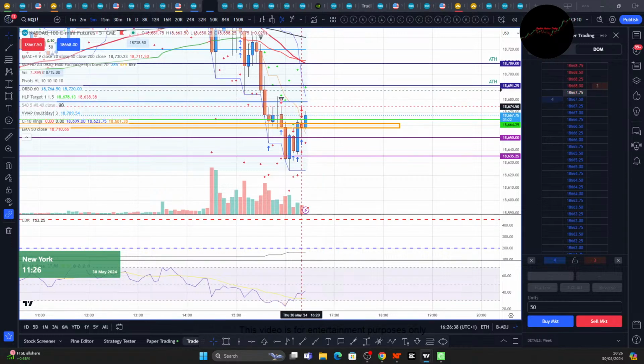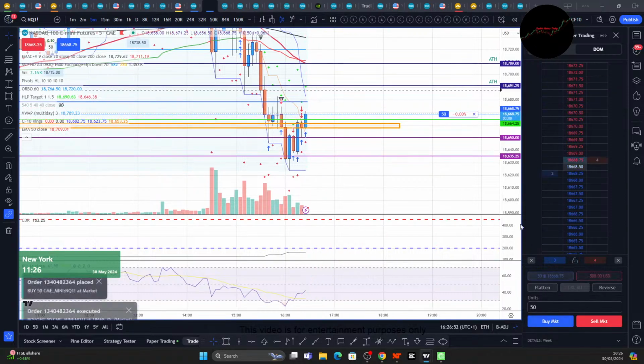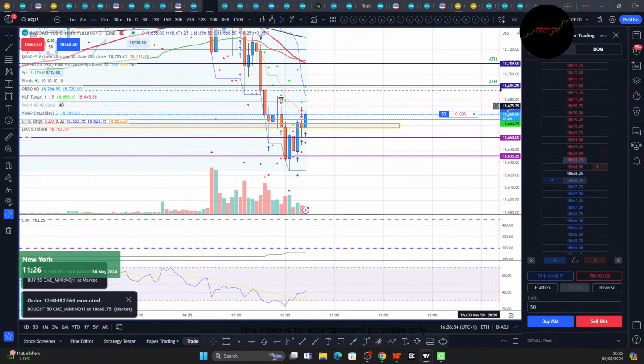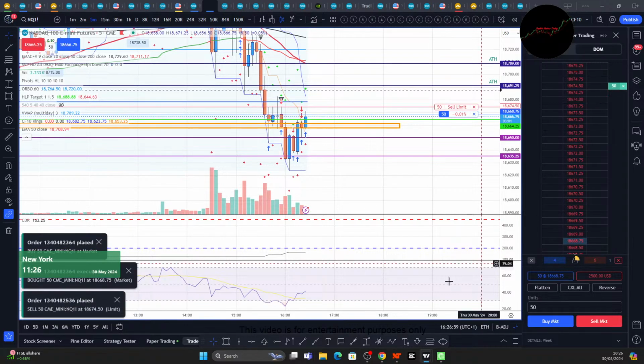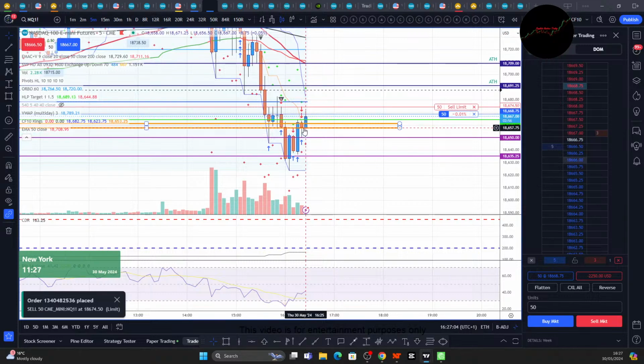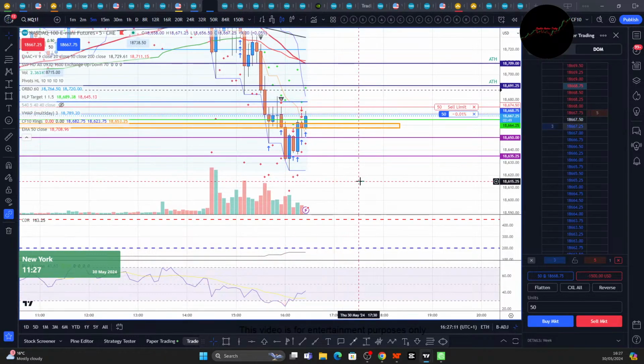Let's have a look here. 74.50. So round about here. After clearing this area, there shouldn't be anything to stop it. We had a chance to go lower. Couldn't head lower. So I'm in at 68. 74.50. Had a chance to go lower. Bought back up. Followed through. Prices should be able to test these highs here around 74.50s.